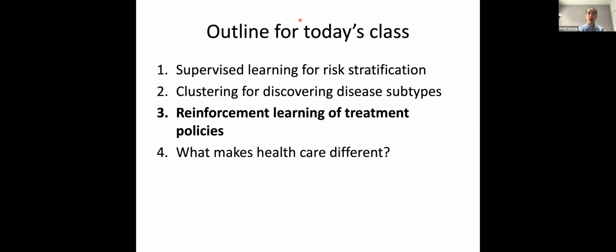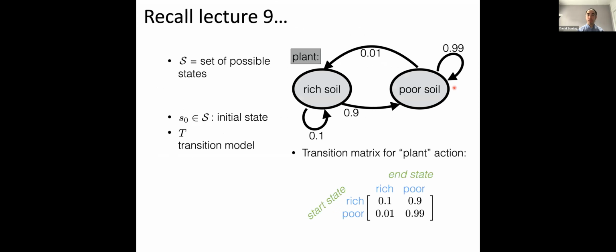So now I'm going to move on to the second to last section of this lecture, which is about reinforcement learning of treatment policies. So think back now to lecture 9, where Tamara introduced markov decision processes, and then lecture 10, where she introduced reinforcement learning. So markov decision processes involved